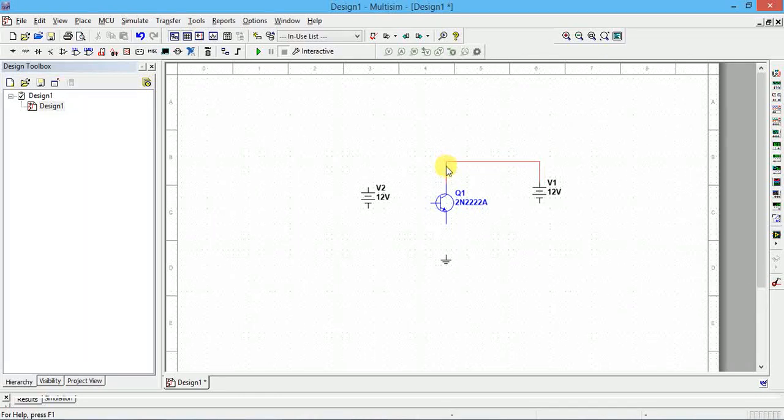So you can start a connection only from edges. You cannot start from here, so you have to go from here. Then I think this should be this one. You can click and drag here.